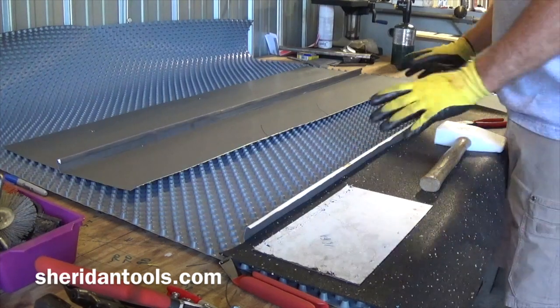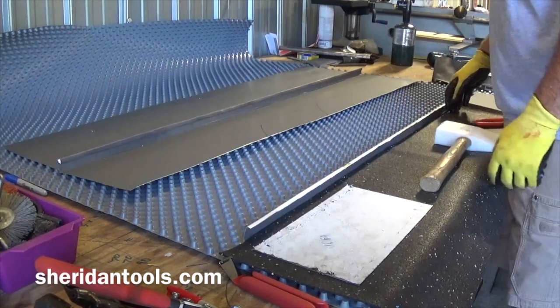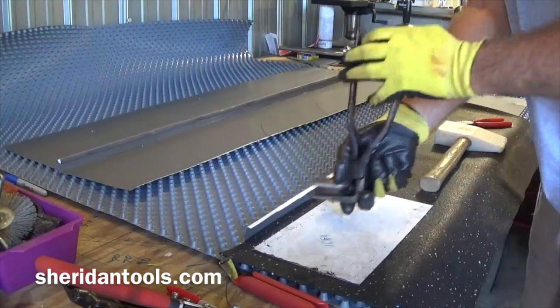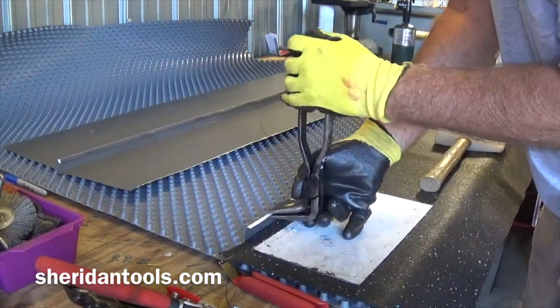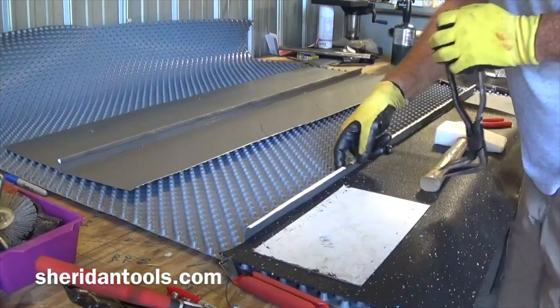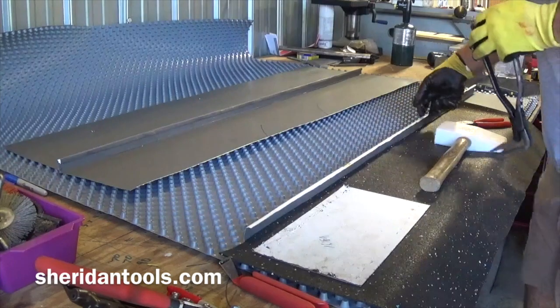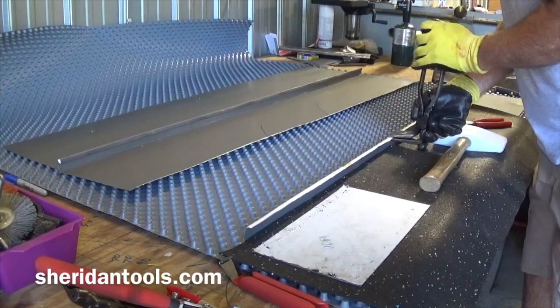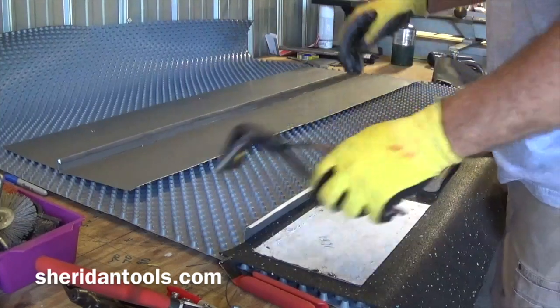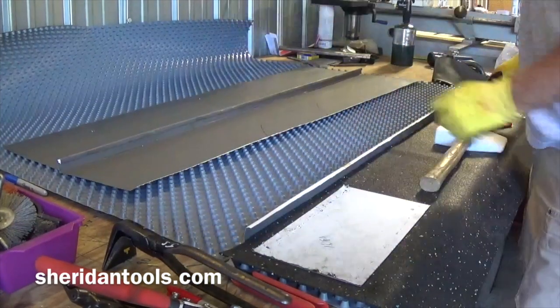Okay, so that's all you have to do on that side. If you want to take a pair of 90-degree tongs, clean this up a little bit, it's not going to hurt anything. Most of the time you don't have to do that. You don't have to mess with the clips. So that should be ready to go. This side should be ready. Okay, the opposite side